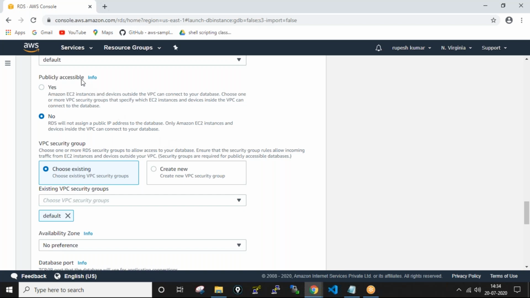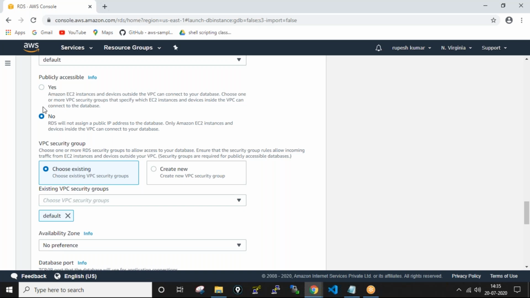You are creating a database and it must be no, so we need to give the permission as no. If you select yes, other people can also access this particular instance. Yes, ma'am, exactly. If you select yes, you are giving the permission to all others.